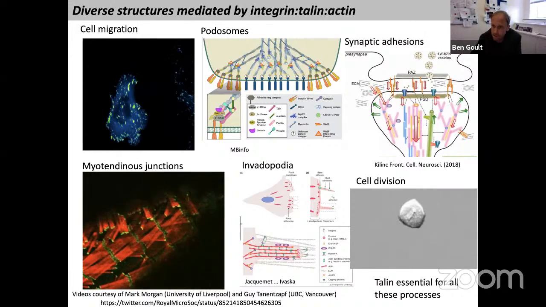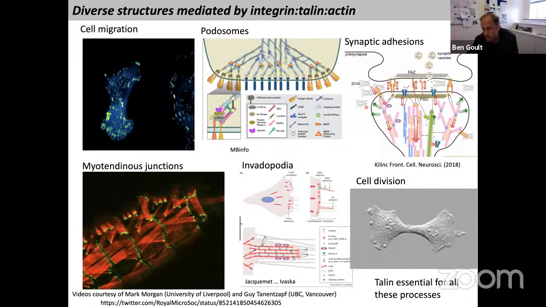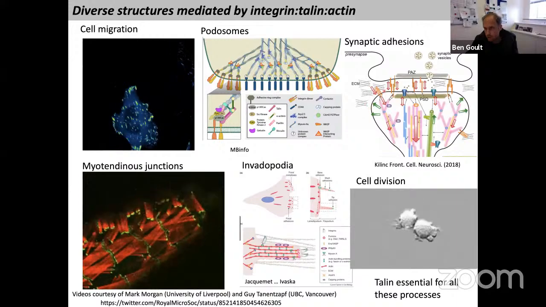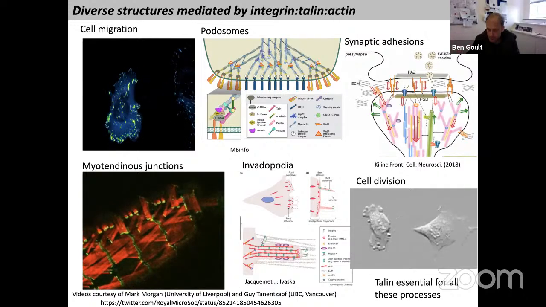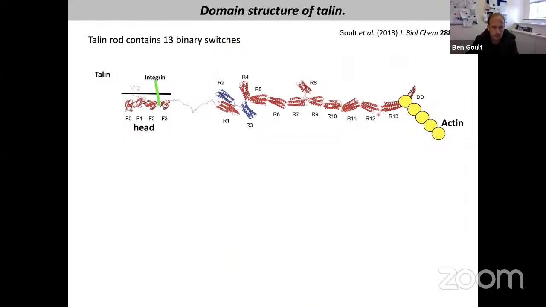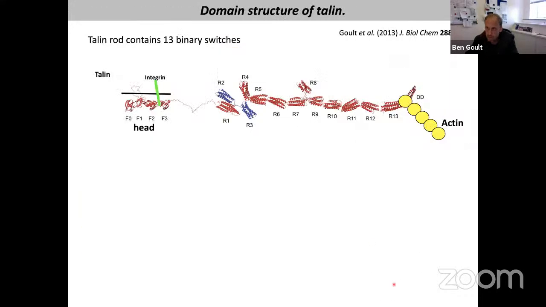And what I'd like to then talk about in the second half is these adhesive structures, which form an essential part of the scaffolding which holds together all of our synapses. Here we've got the ECM, integrin, talin, actin, physically holding these synapses together. And so talin is essential for all of these processes. And our working hypothesis in the lab is that talin is adopting different shapes and different conformations, which are instructing and recruiting different molecules to make different signaling complexes, which drive those different behaviors.